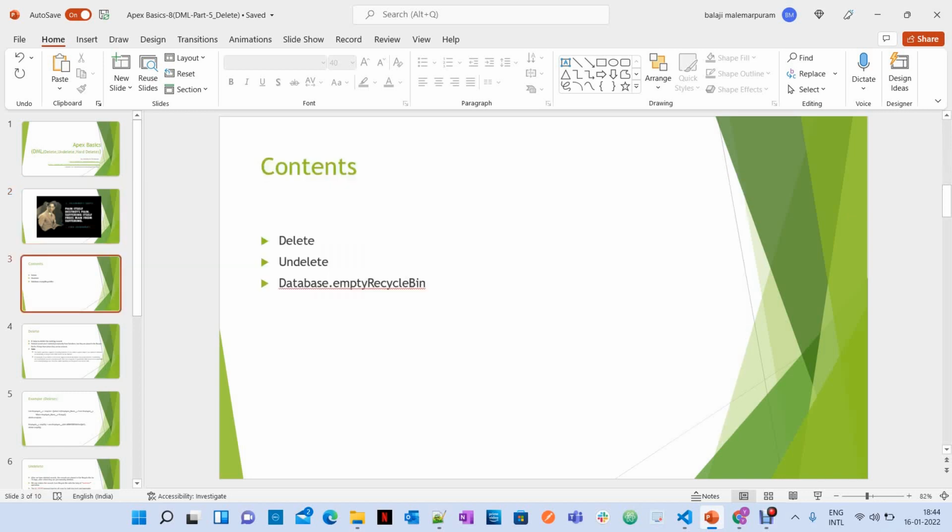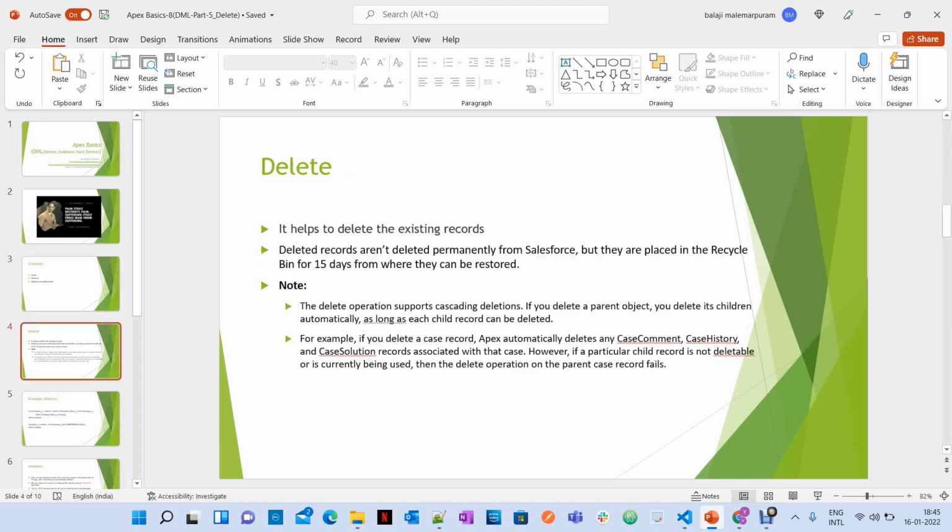Let's see what we are going to discuss here. First is the delete statement, then undelete, and the Database.emptyRecycleBin method. So, as part of these three topics, how does delete work? Delete helps to delete the existing records.